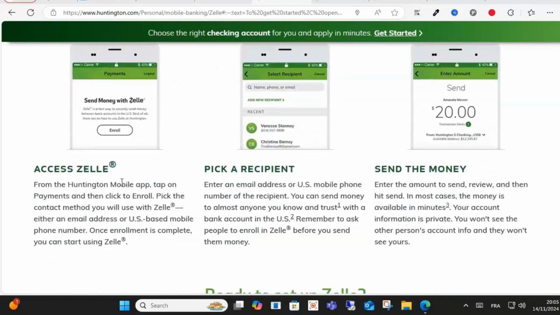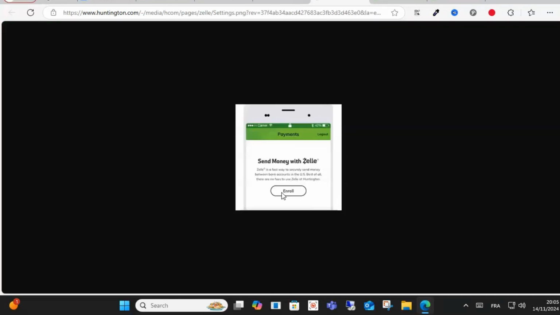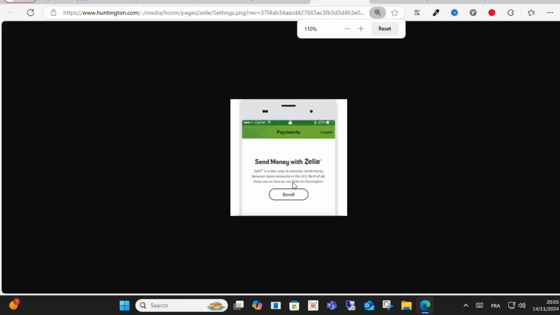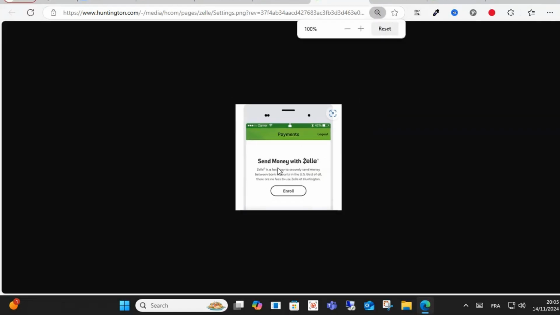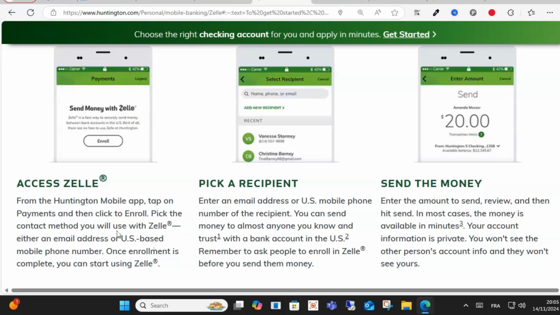After that, from the Huntington mobile app, the first step you need to do is go to payment and click on enroll. As you can see here, this option, enroll. And after that, guys, just click the enroll option here and click contact method. Click the Zelle here, and after that, guys, write your email address or your mobile phone number,